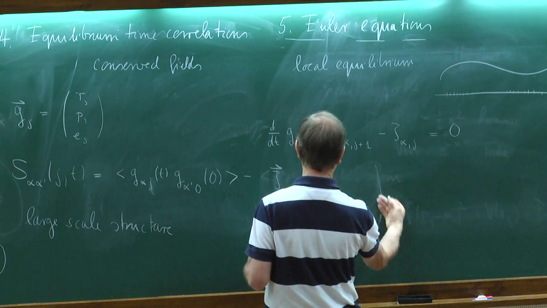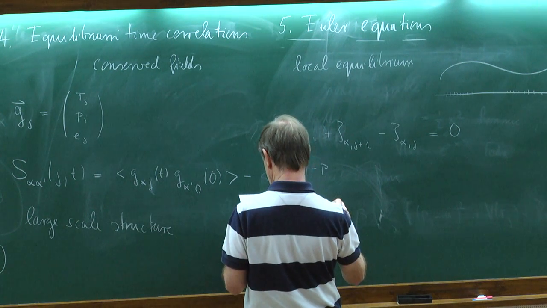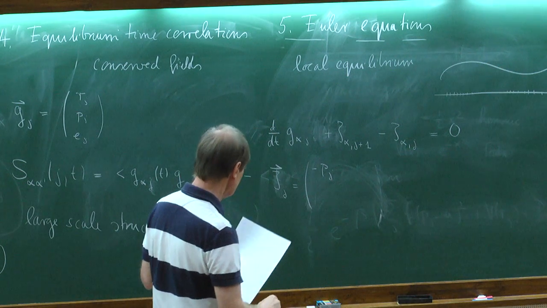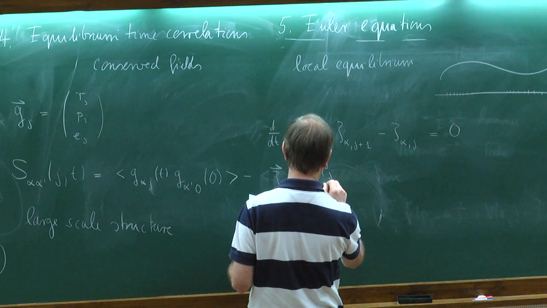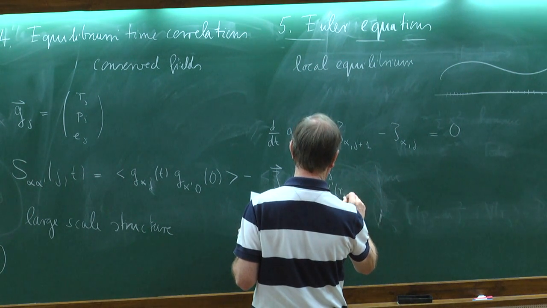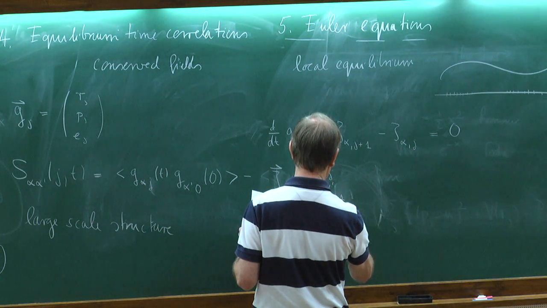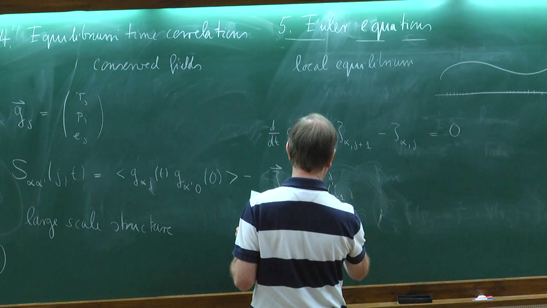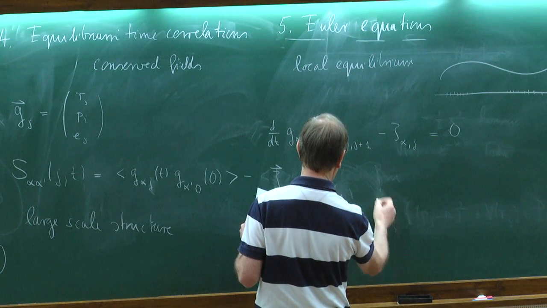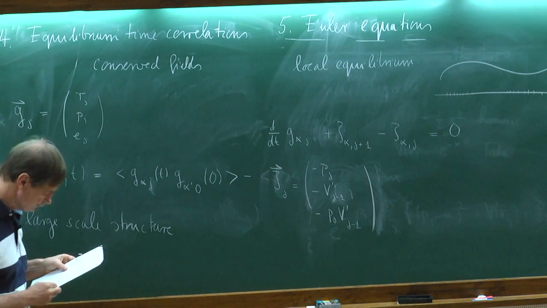I just repeat this. So for the stretch, we had minus the momentum, and then we had the force at j minus 1, and here I had the product, so it was minus pj v prime of j minus 1. Right? I mean, so these are the 3 components of our current.